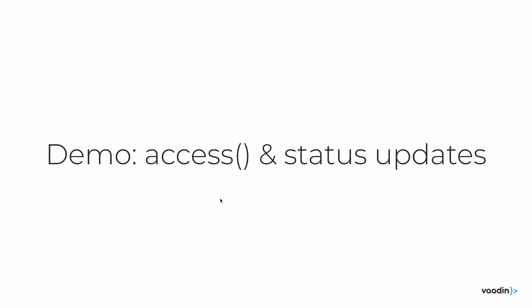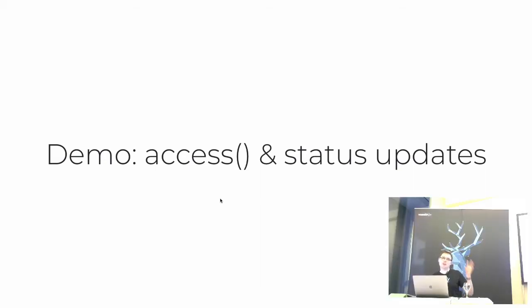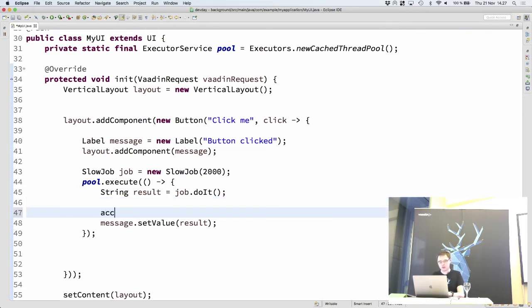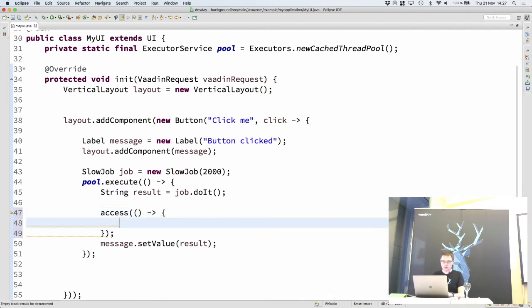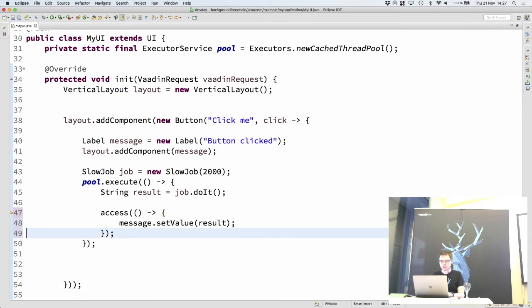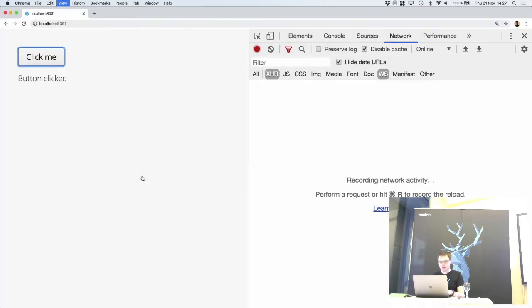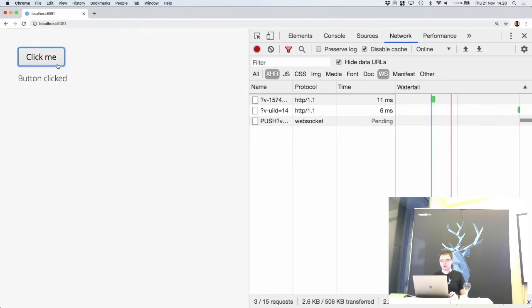So let's put that into practice. In our example application, use this access method. It's defined on the UI class, by the way, and then also get those status updates back, the things that show the percentage while the job is running. We're doing this now in the UI, so we can just immediately do access, and that one gets a runnable, so just a basic lambda callback in my case, and I just move this set value into the access callback,